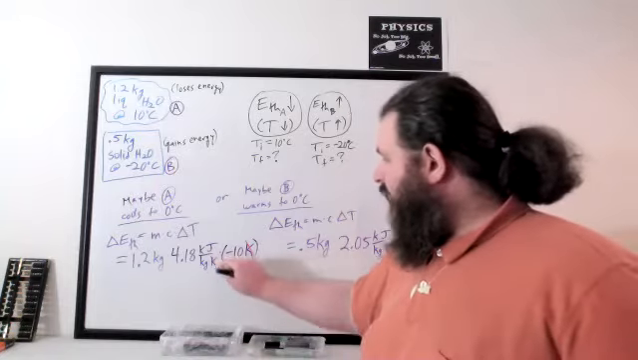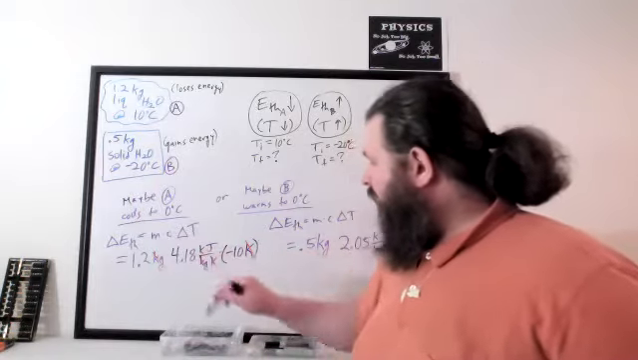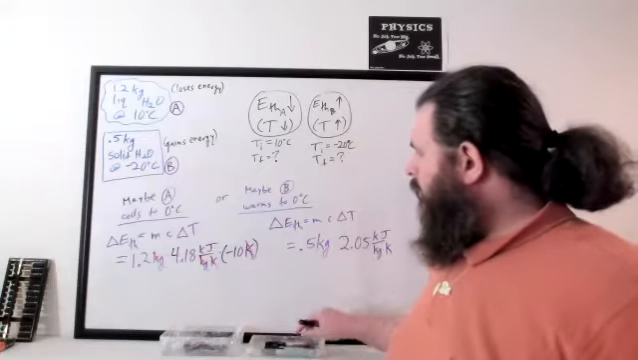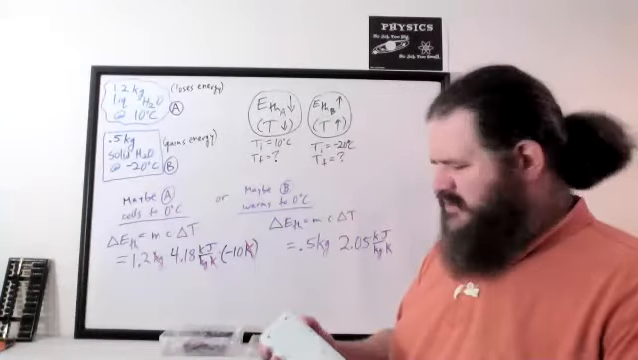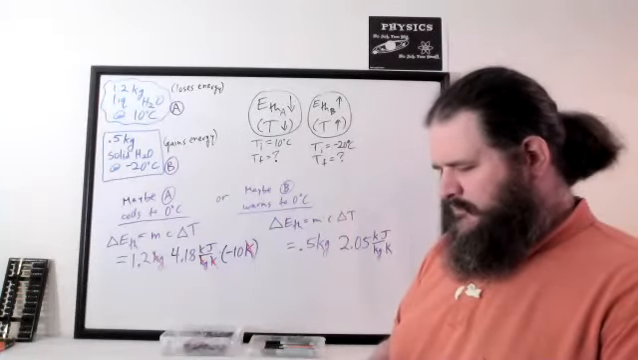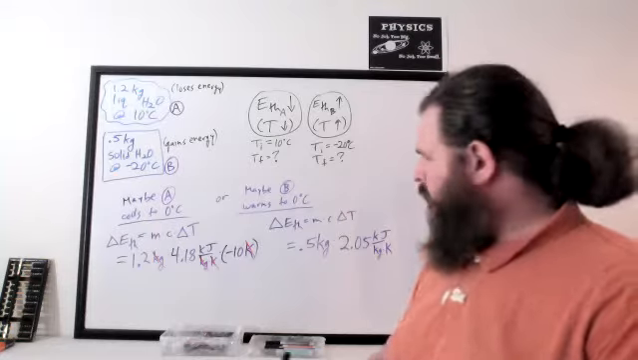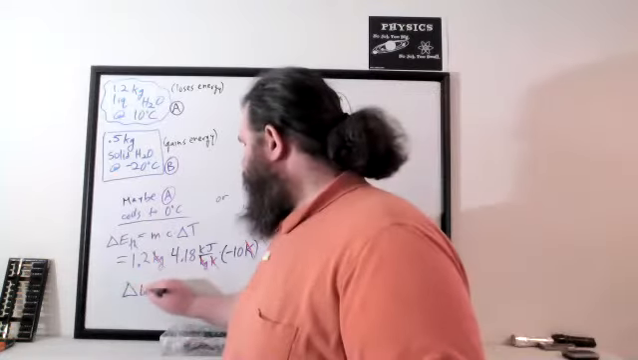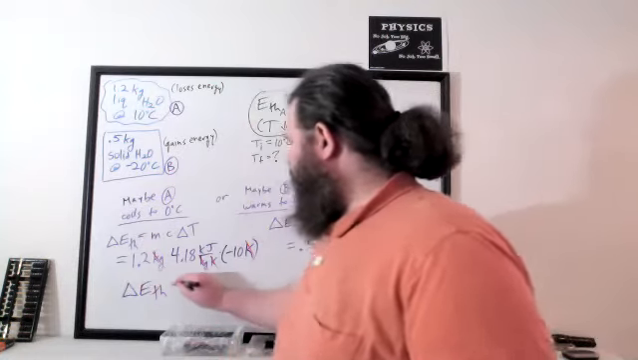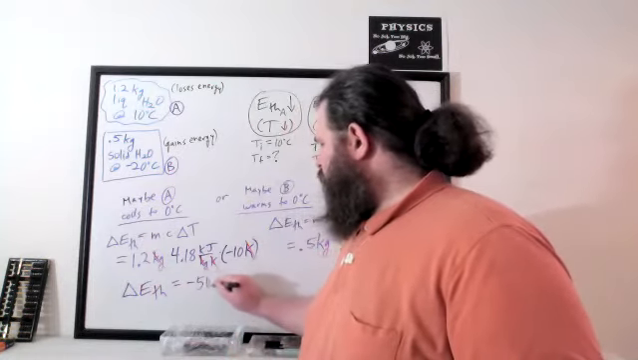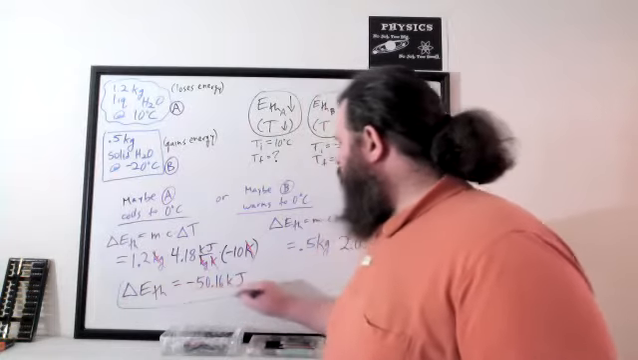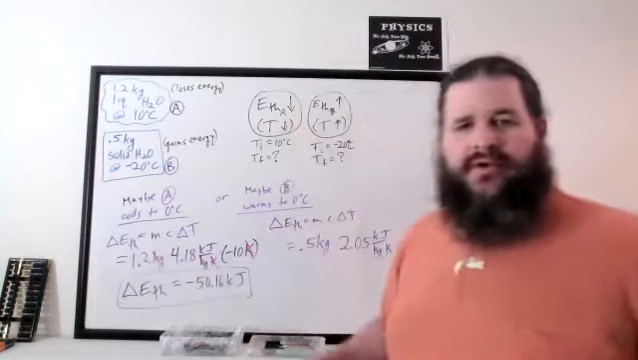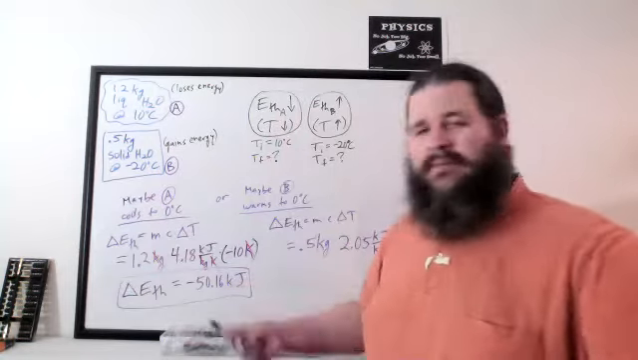Kelvins and kelvins cancel out. Kilograms and kilograms cancel out. We're left with kilojoules. So 12 times 4.18 is going to be 50-ish. -50.16. So that means in order for object A to cool off to 0 degrees, it has to lose 50.16 kilojoules